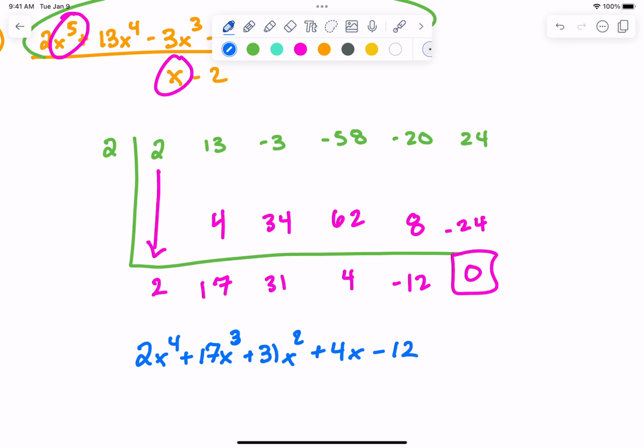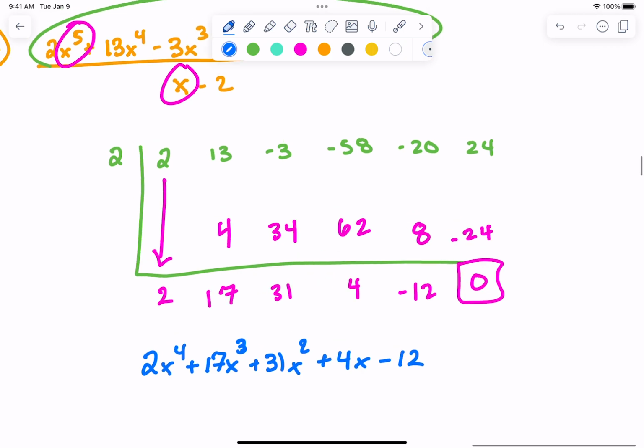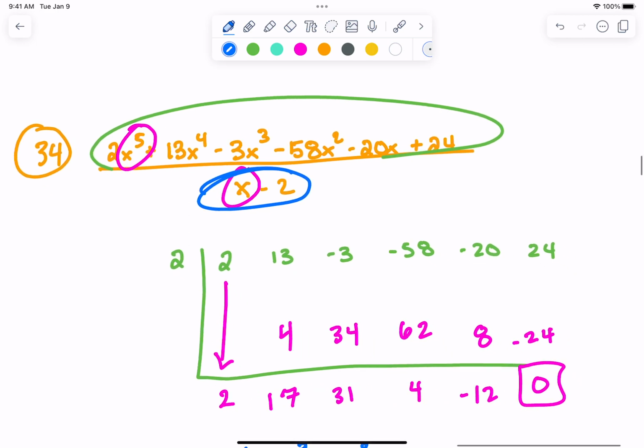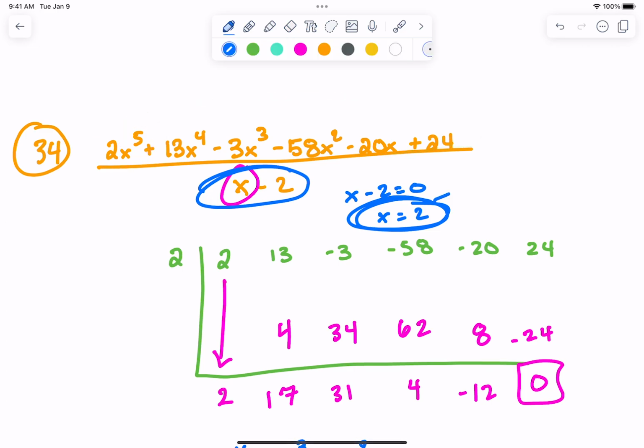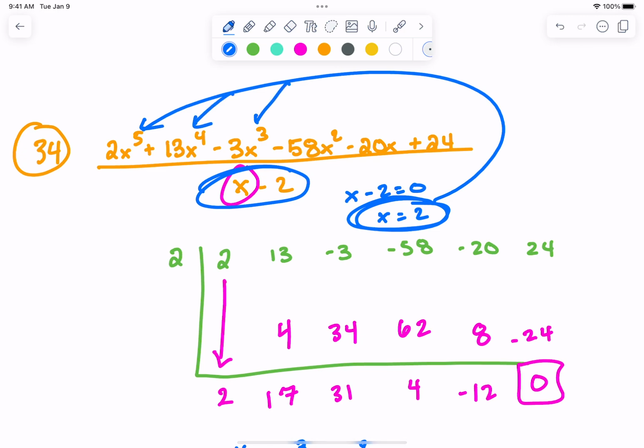Ready? Okay. This is one that I probably would not check my answer just because it does come out evenly, and the chances of it coming out evenly and me doing it wrong are probably low. I probably did it right if it comes out evenly, but here is the rule. If we're dividing by x minus 2, we set it equal to 0, and that means x equals 2. Here is the rule. I should be able to plug the number 2 in to here, and here, and here, and here, and here. We plug it into the whole thing, and it's going to come out equal to